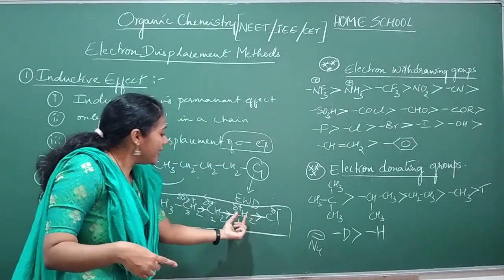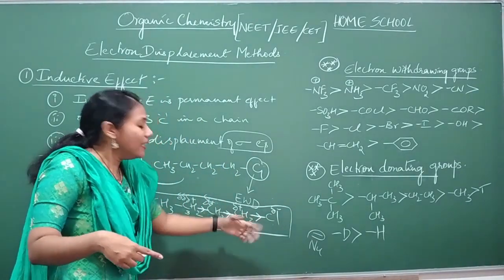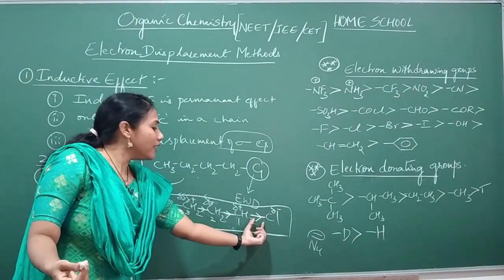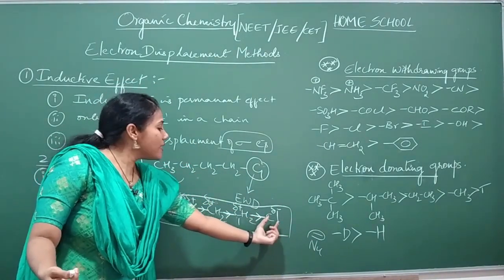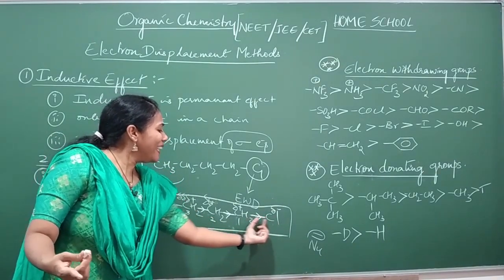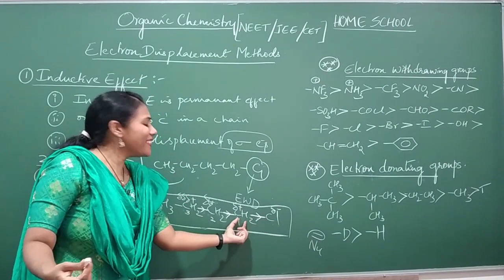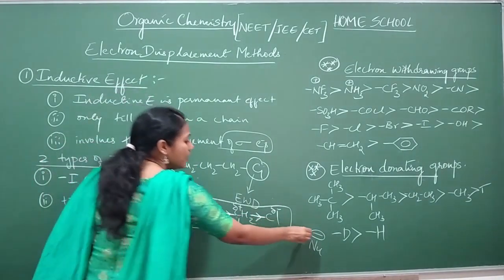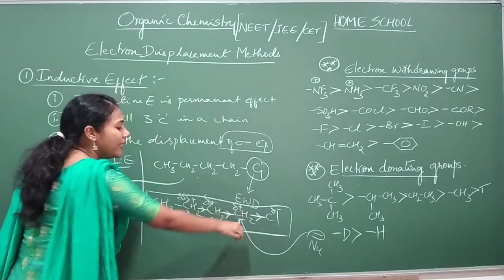Right? So who is the positive guy here? Definitely, where is more polarity you will observe in a bond? Here, in the first bond. Because this guy is more and more electronegative, it will be pulling the entire bond towards itself, making this more positive. So definitely this guy can go and attack here.